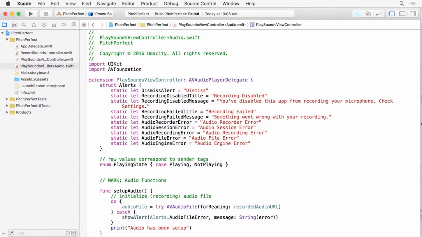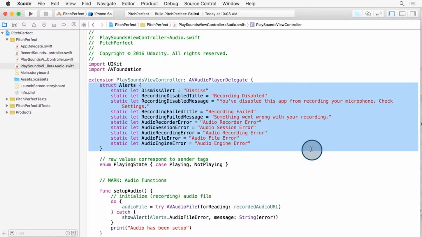Let's walk through the PlaySoundsViewController plus Audio class extension to understand exactly what this code is doing. Open the PlaySoundsViewController plus Audio Swift file and navigate to the top. The first thing you see here is a struct of alert messages. This is just a convenient way to have the alert messages in a single place. If you have strings or other static items that you want to use throughout your app, this is a good